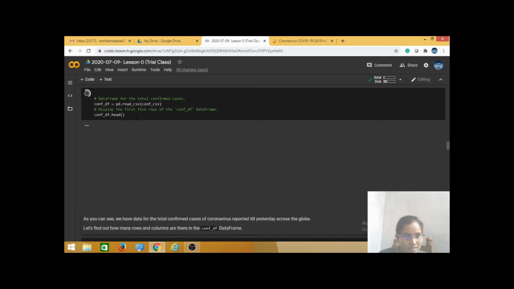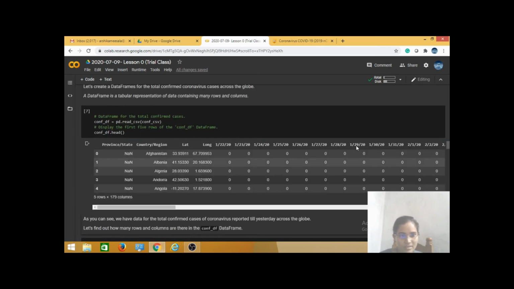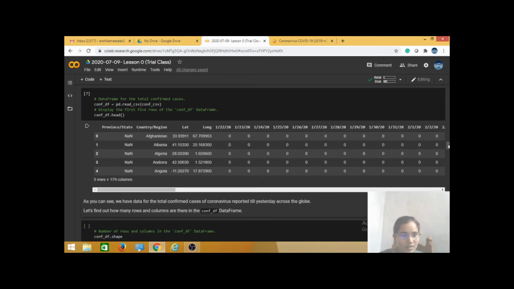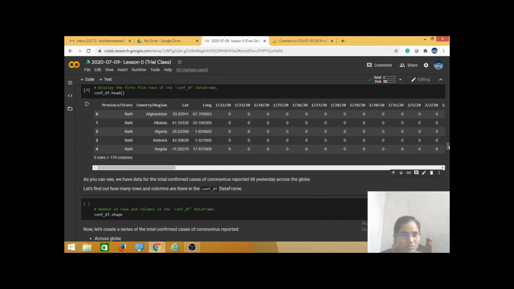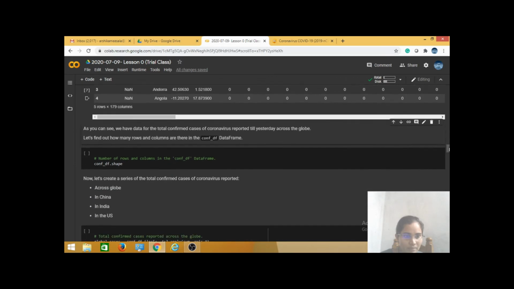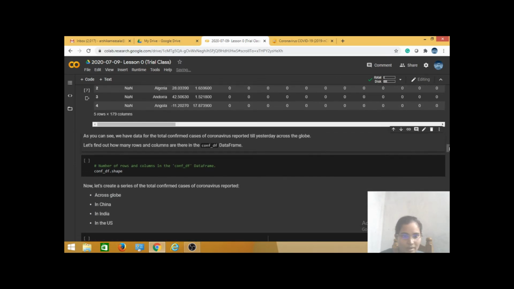Okay, here you can see the result I got previously. You can use the tail or the head there, based on your requirement.